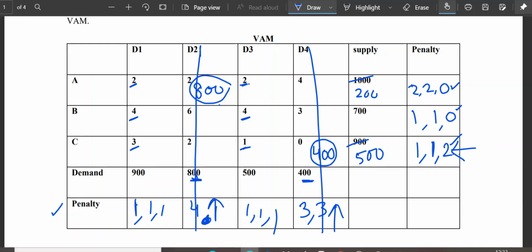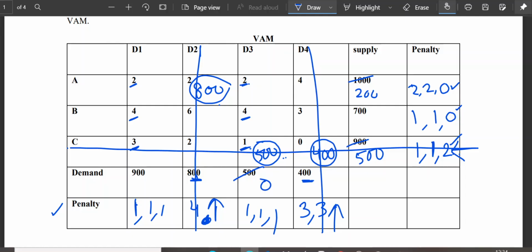Come to this C. I have two cost elements, 1 and 3. I have to choose the minimum. See, I have to choose the minimum in each case. The only thing is, for penalty we choose the largest; otherwise we always need to have the minimum. So my entry will come in this 1. Look for the corresponding demand of this. It is 500. Look for the corresponding supply of this. It is also 500. So I can select it from anywhere. Suppose I take it from this row side. I will cut it like this and take the difference as 0 here, right?